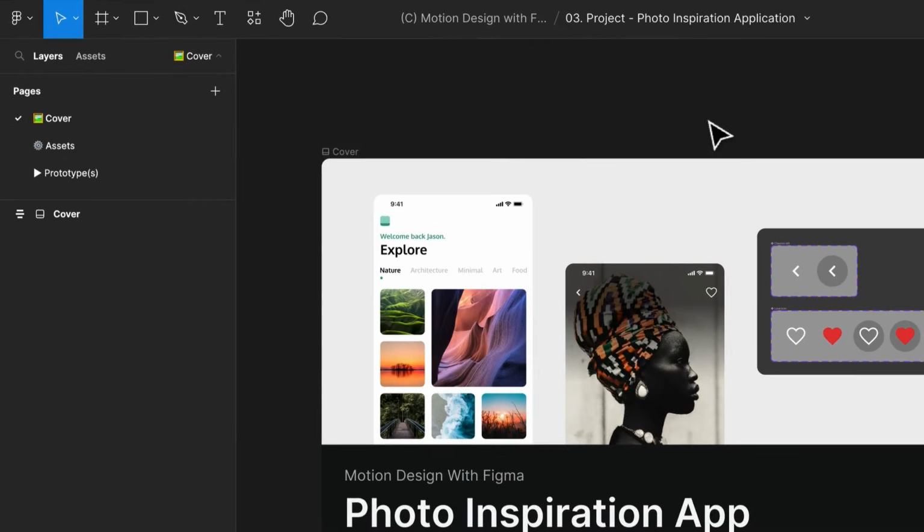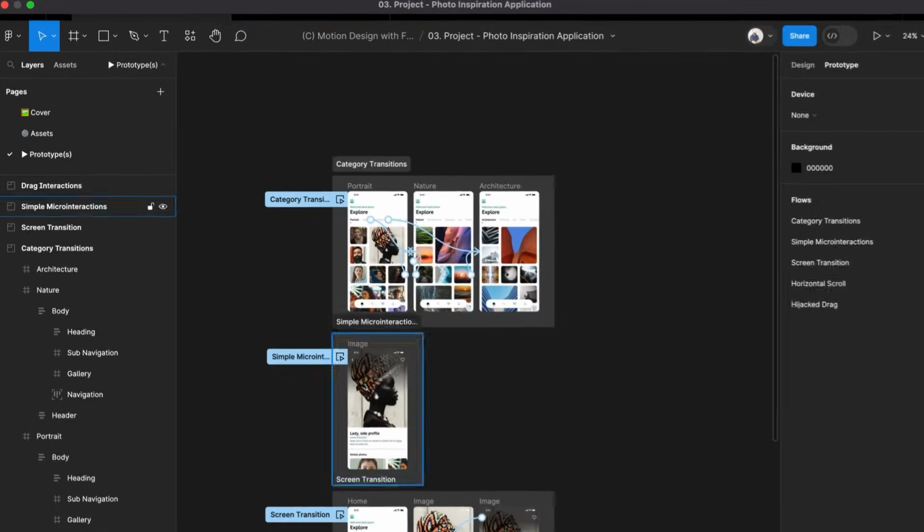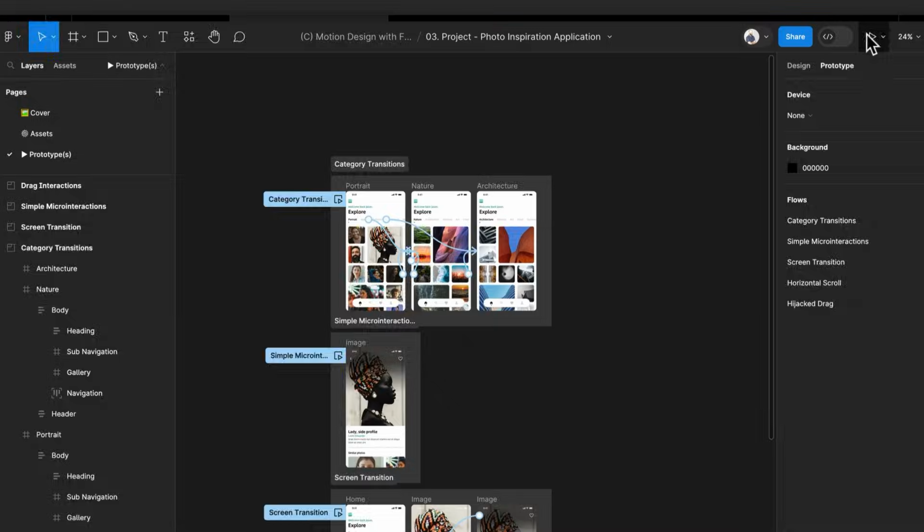So we are in our photo inspiration application resource. If you come over to the assets, we can see that we have this nice little icon over here. We have a chevron left icon, and we have just a love icon. So really simple stuff. If you go into your prototypes page and click play,